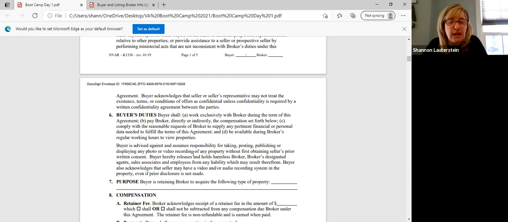So if the listing agent has been given permission to disclose offers, that means that the information your client has provided in their offer is not confidential. Here's another example of when it's not confidential. If your buyer is submitting an offer and there's an escalation clause on someone else's offer and your client is in second place and your client's offer is the one that actually escalates someone else's,